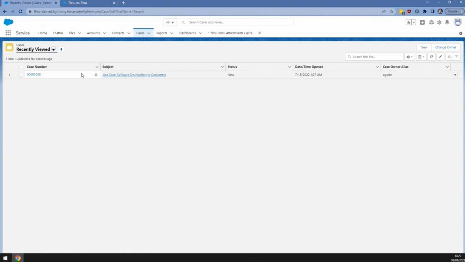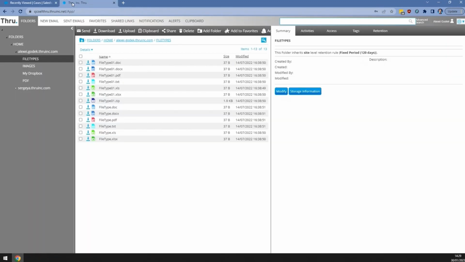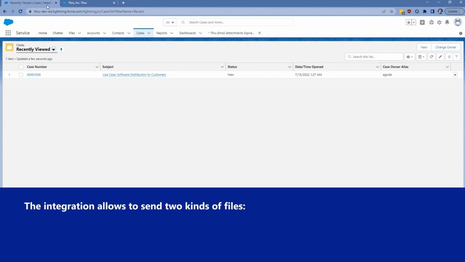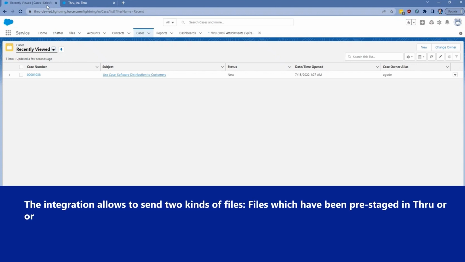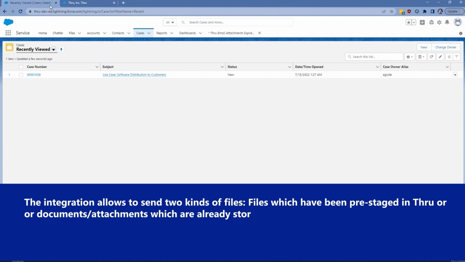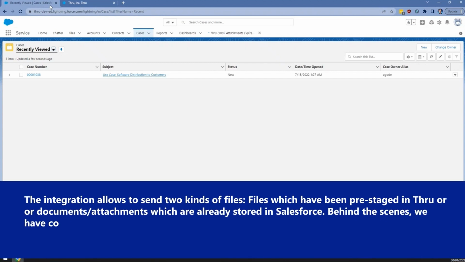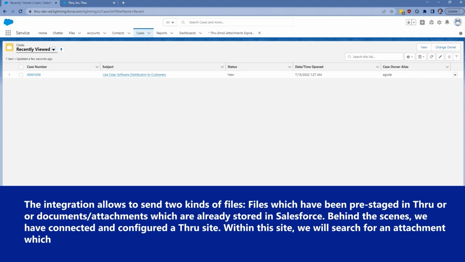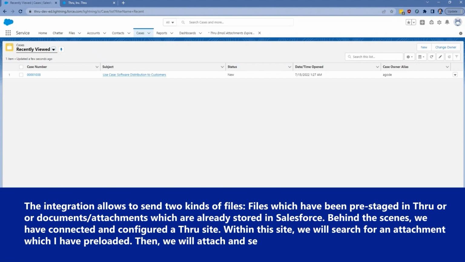The files should be pre-staged in Thru. Here's an example of the files that are pre-staged in Thru. The integration allows you to send two kinds of files. Again, files which have been pre-staged in Thru, or documents or attachments which are already stored in Salesforce. Behind the scenes, we have connected and configured a Thru site. And in this site, we will search for certain attachments which are pre-uploaded, and then we'll attach them and send